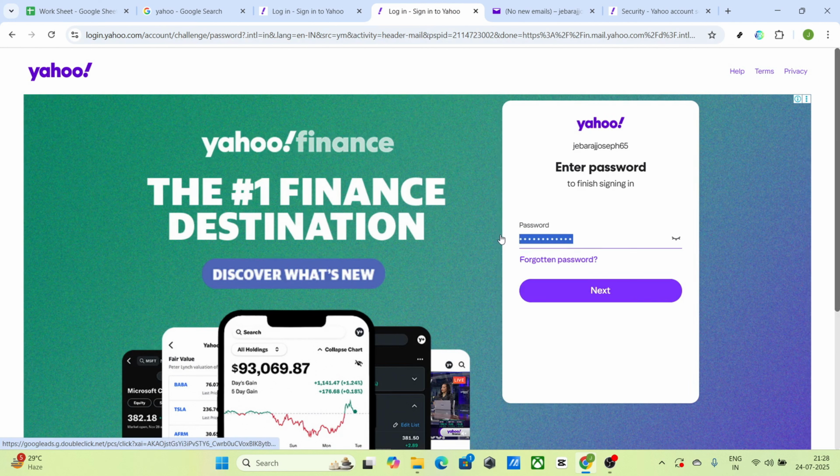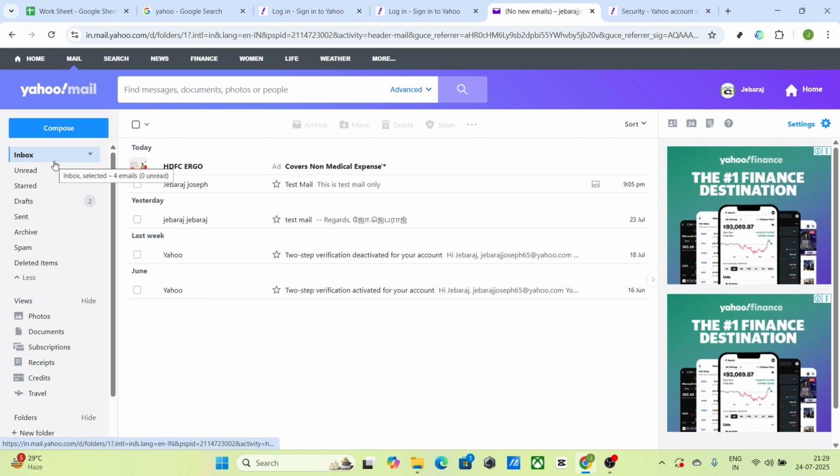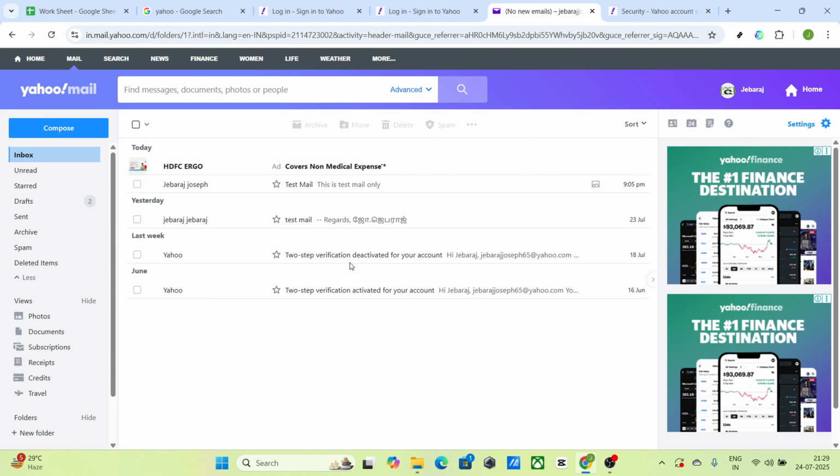Next, you'll need to enter your password. This part is crucial for ensuring your account security, so it's always a good idea to double-check your entry. Once your password is successfully typed in, you will again see the Next button. Make sure to click it to continue the login process. At this stage, if everything's been entered correctly, you should be taken directly to your Yahoo Mail inbox, where all